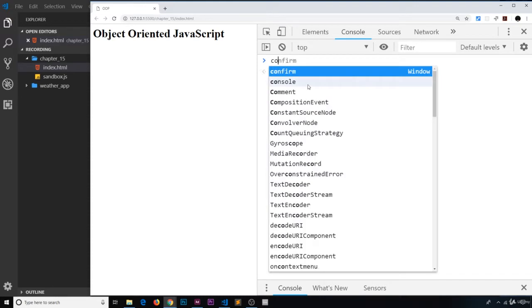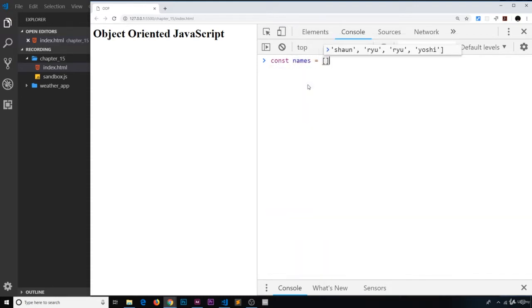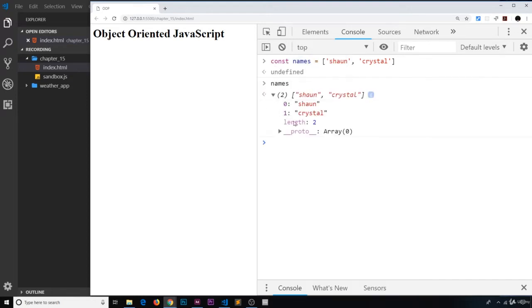I'm just going to say const names is equal to an array, and I'll just type in something like Sean and also Crystal. Okay, so this right here, this is an array, which remember is just a type of object in JavaScript. And this array will have a length property and also methods. So if I type out names, we can see this length property right here too, and it also has methods